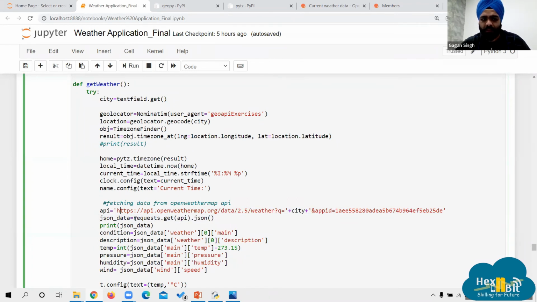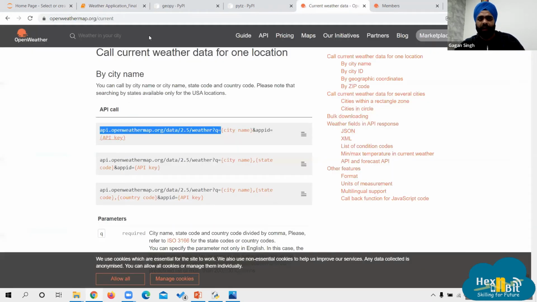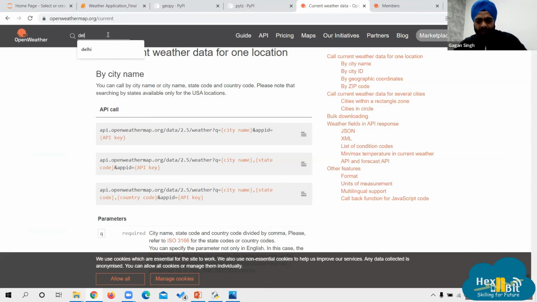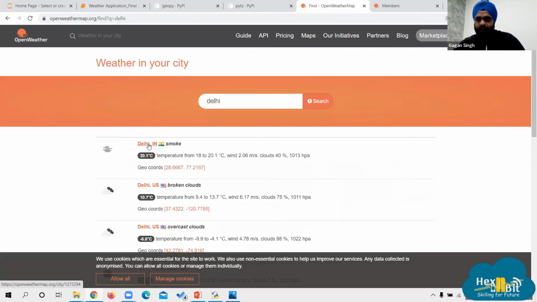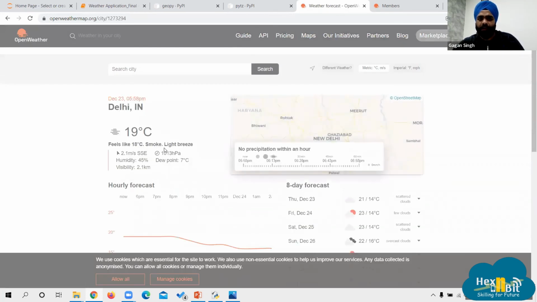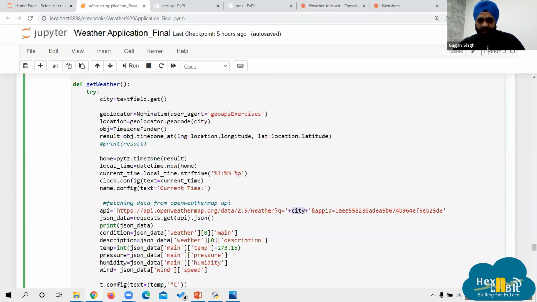Now this API request will return the data. What we are doing is requests.get is the command. It means we will go to this API using OpenWeather, and from there we are trying to fetch the data. In this we have mentioned the city, so if I write down anything, say Delhi, these are the current readings from this platform that I am showing. The same value I can fetch in my app also. By default, the weather API returns the value in JSON format.